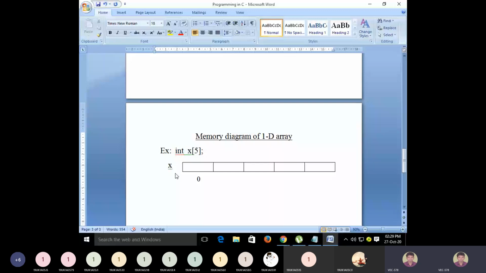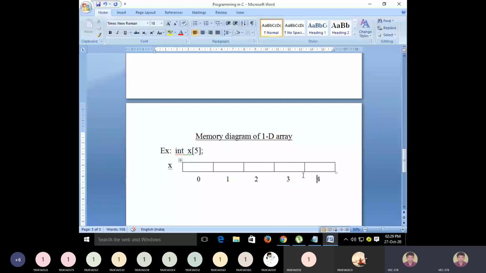Okay, so this is 0. Then the next element, the second element, will be at index 1. Then the third element will be at index 2. Then the fourth element will be at index 3. And the fifth element will be at index 4. Okay, so this is how individual elements are accessed by using this index.